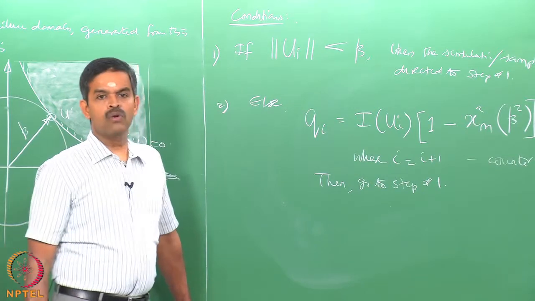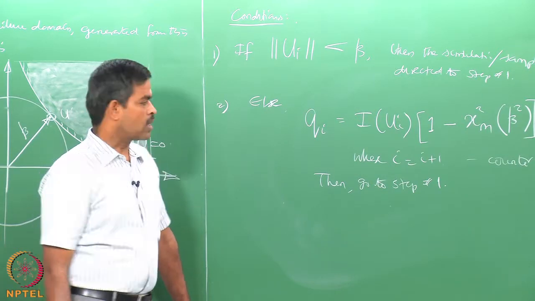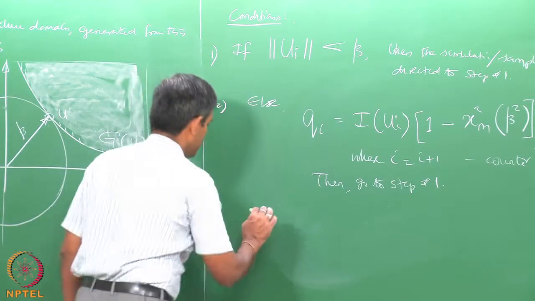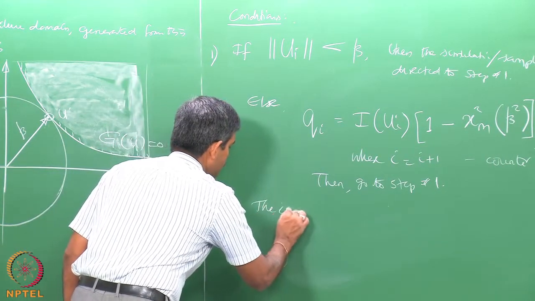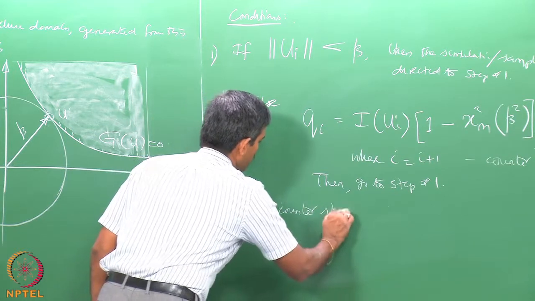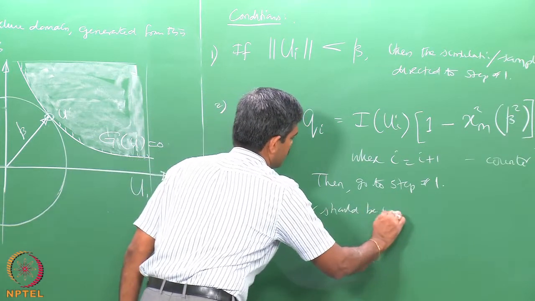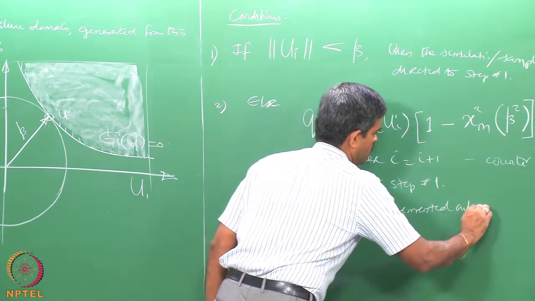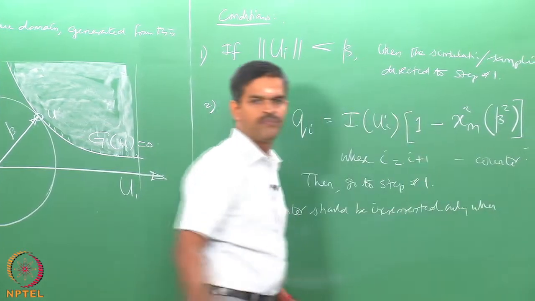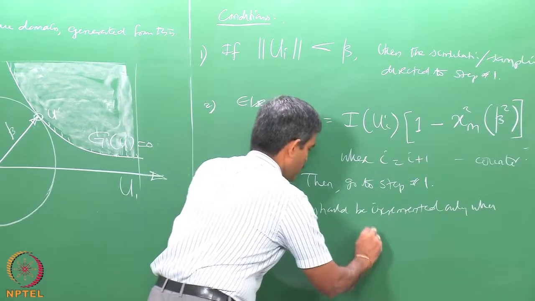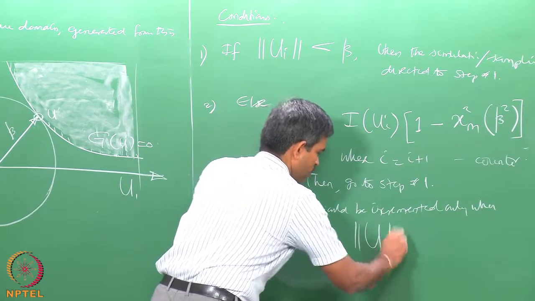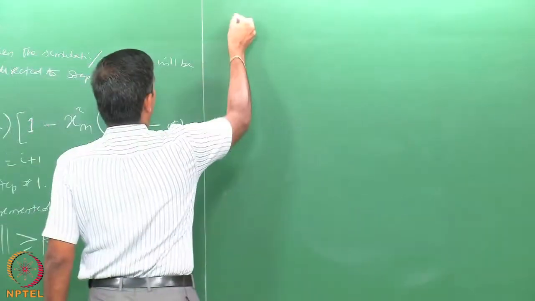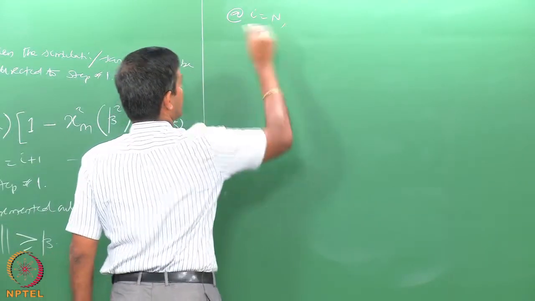It is important to know the counter will be incremented only under specific condition. The counter should be incremented only when Ui is greater than or equal to beta. At I equals n,